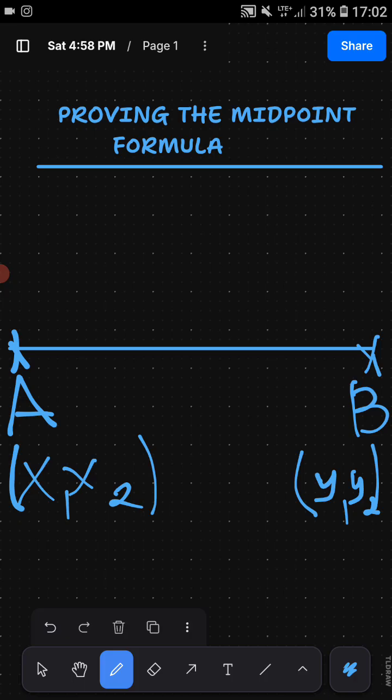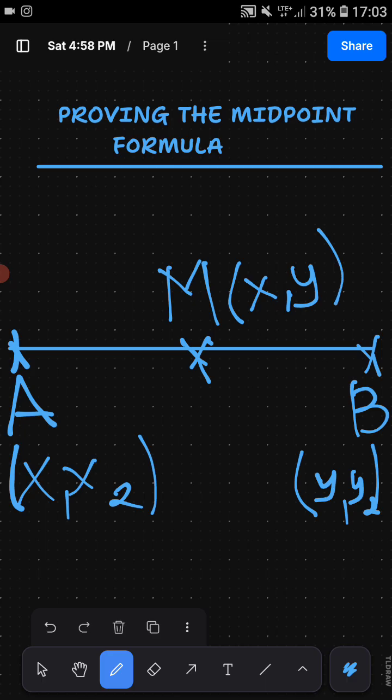Now what is the halfway between point A and B? The halfway between point A and B will be exactly here, and let's call this point M with coordinates x, y. So how can we get the coordinates of point M? Now, if M is the halfway point of the distance AB, then it is logical to say